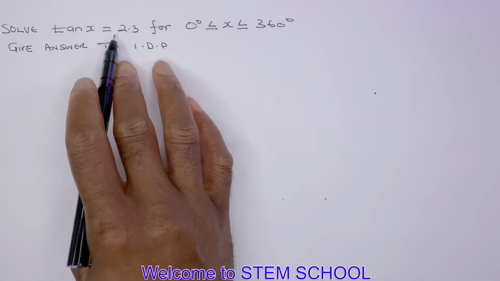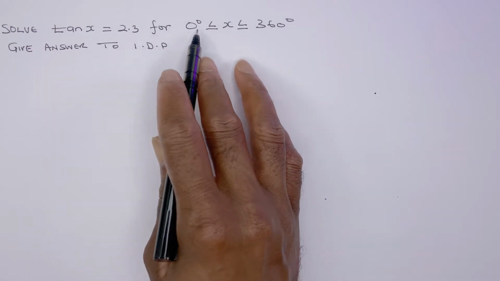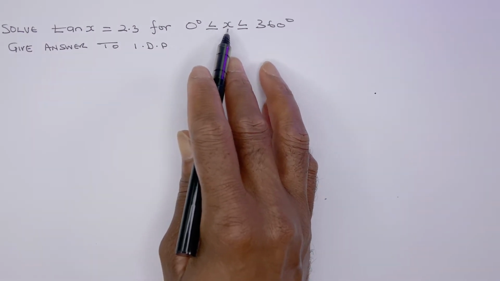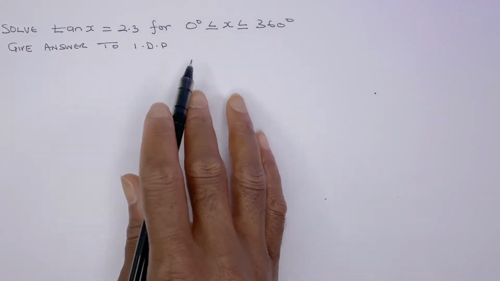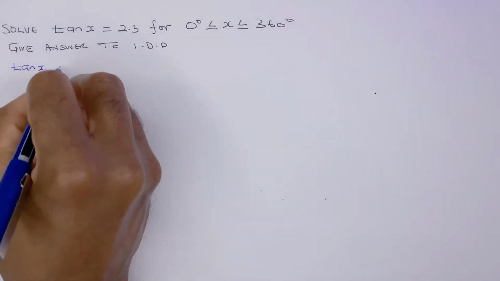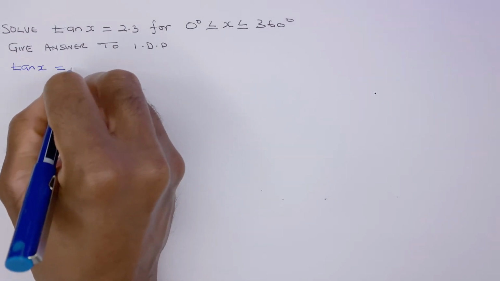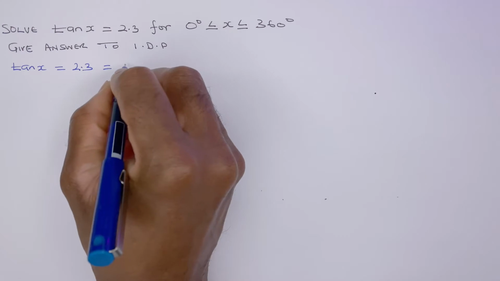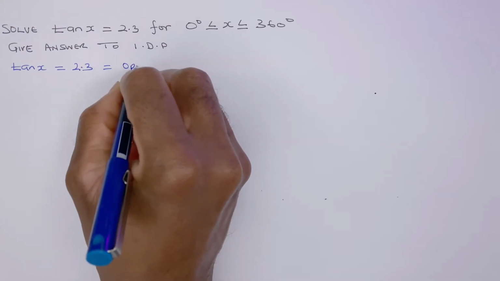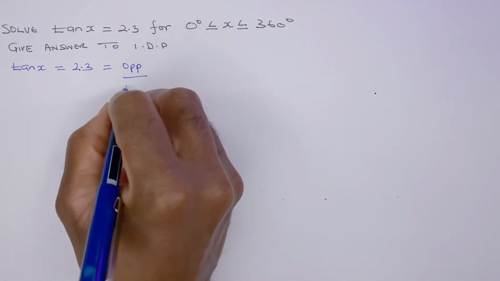Solve tan x equals 2.3 for 0 degrees less than or equal to x less than or equal to 360 degrees. Give the answer to one decimal place. Tan x equals 2.3, which is also equal to opposite over adjacent,